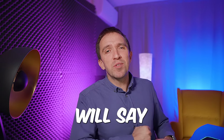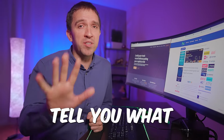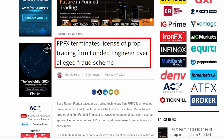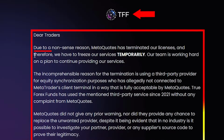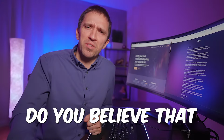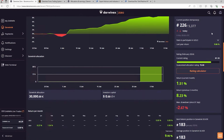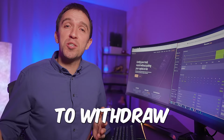And I know that many of you will say 15% is much lower when compared to what the prop firms offer, but I will tell you what. Look at my screen. FPFX terminates license of prop trading firm Funded Engineer. If I go to the website of True Forex Funds, it says, due to a nonsense reason, MetaQuotes has terminated our licenses. Do you believe that first sentence? So for me personally, having a Darwinex account with a decent expert advisor, allocation, and the ability to withdraw your